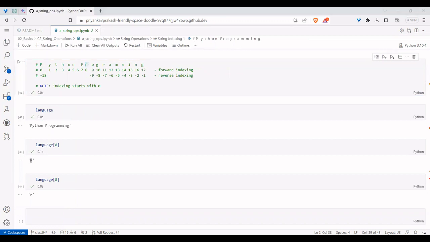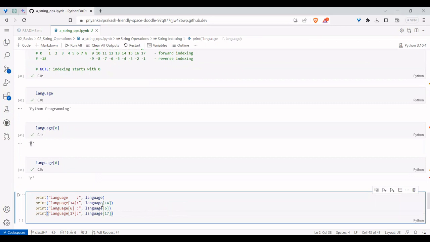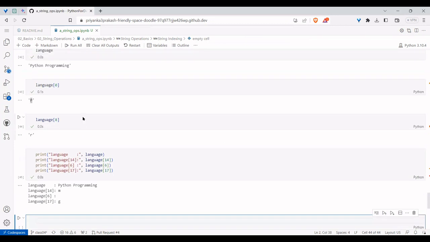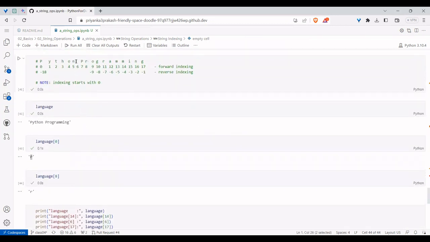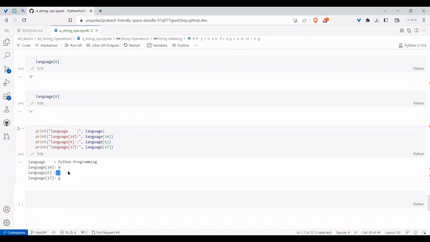Similarly, what if I write something like this in one line to help you understand? I'm asking for the 14th character, the 6th character, the 17th. Randomly, I'm asking for all the characters. I'm getting those values. And observe clearly: what is the value at the 6th position? White space. Though it is printing, we cannot see it because it's a white space. But that is also a character.